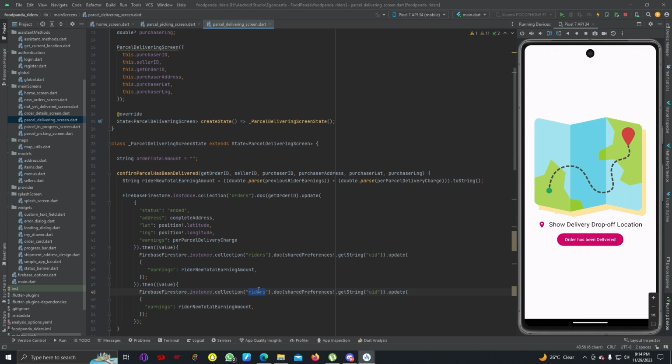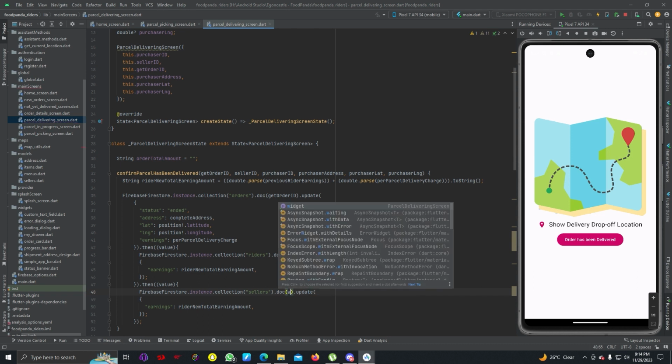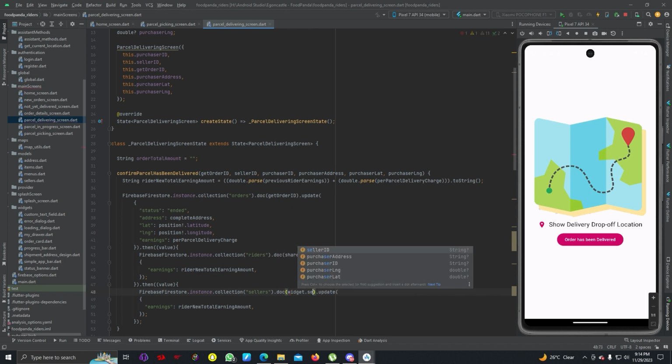So instead of rider we are going to write sellers, and then instead of uid we can write widget dot seller id dot update earnings should be